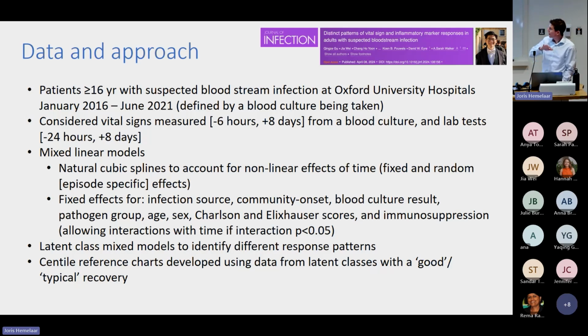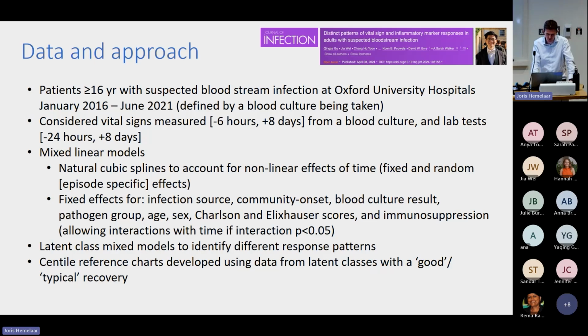We can look at those as fixed effects in the model, but also look for interactions with time. So do they change how high your inflammatory markers go, and do they change the pattern of how things recover over time? That lets us learn what things look like on average, while allowing for individual variability between patients